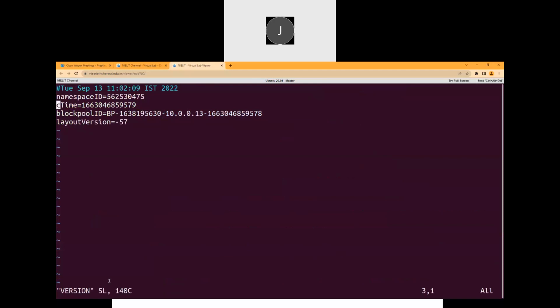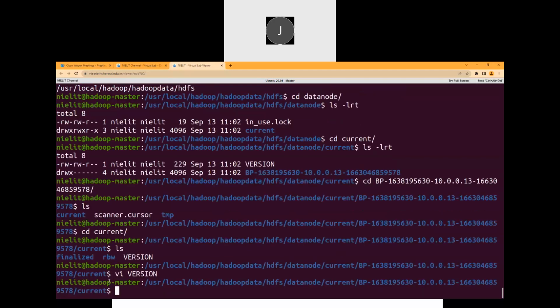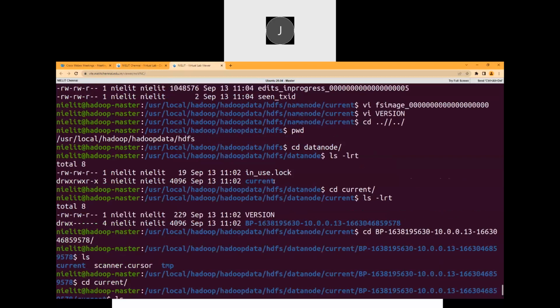Okay, about the block ID. A block is nothing but where data is stored. Don't worry, I will talk about it in a few minutes. Okay, so about this, why I have told this: whenever you do a name node format,